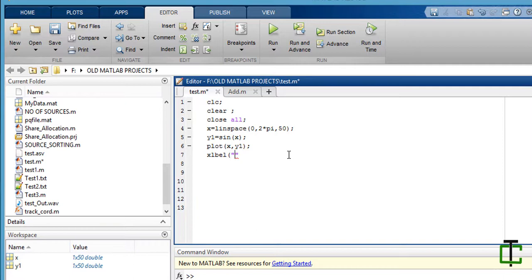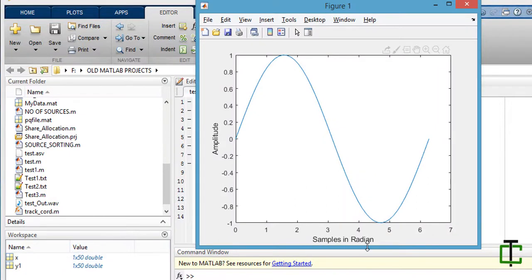Now you can name your x-axis, which I think is samples in radian, and you can name your y-axis, which is ylabel, its label, which is amplitude. Now run it. Now you have your x and y axes labeled with samples in radian and amplitude.